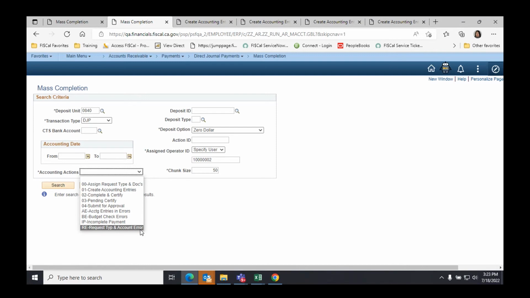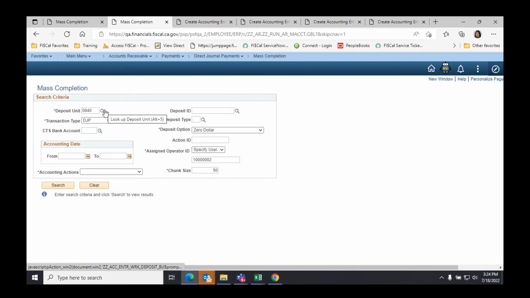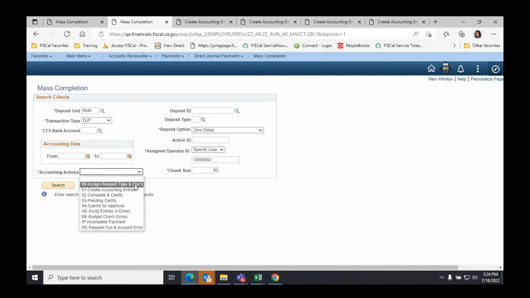Today, I'm going to do a demo for a direct journal payment that is a $0 deposit. So here we select the BU, the transaction type as GJP, deposit option is $0, assigned operator ID is specify user, in which the user ID is entered, and the accounting action, assign request type and docs. Click on search,